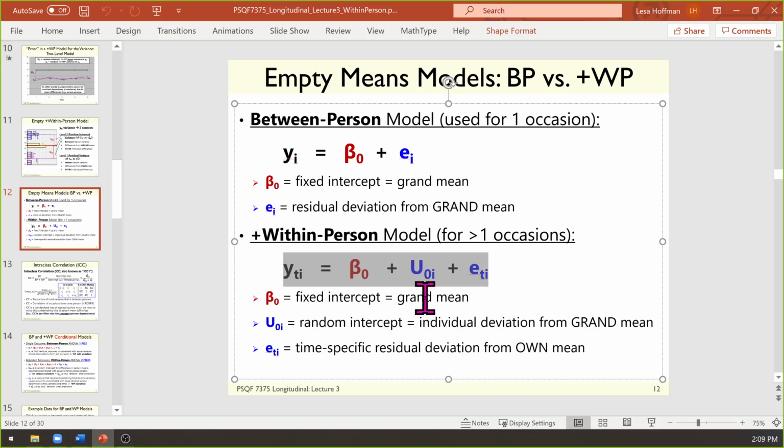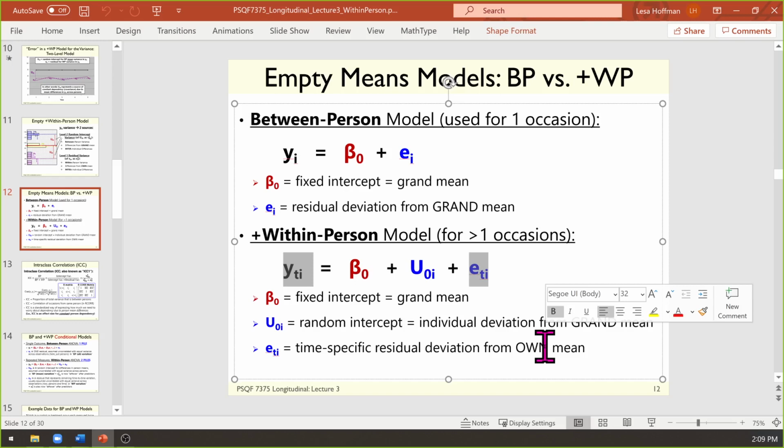So random effects are always phrased as deviations. Fixed is the middle, random is how far off. So if my U0 is positive, that means my mean is higher than the grand mean. And then these two together get you to where your person mean is. From there, E_ti, E for each time for each individual person, gets you to where your outcome is at that occasion. So we have Y_ti and E_ti that are per time per individual. So one outcome per occasion per person. The data structure is set up that way. So it's one row per outcome per person.